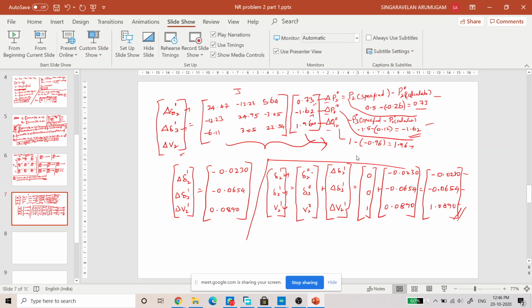In this block diagram, if you observe, G(s) is the open loop transfer function. H(s) is the feedback element, also a feedback transfer function. So G(s) is an open loop transfer function which consists of a numerator and denominator. In the numerator we have the zeros and in the denominator we have the poles.